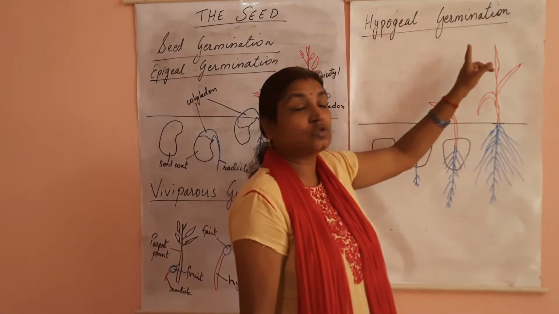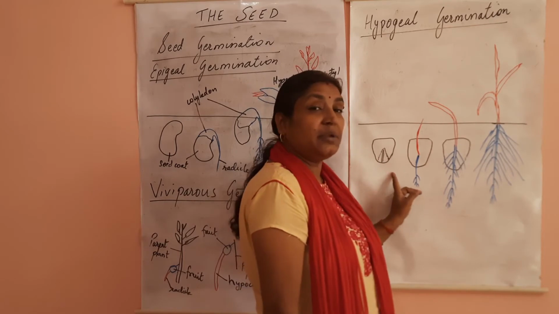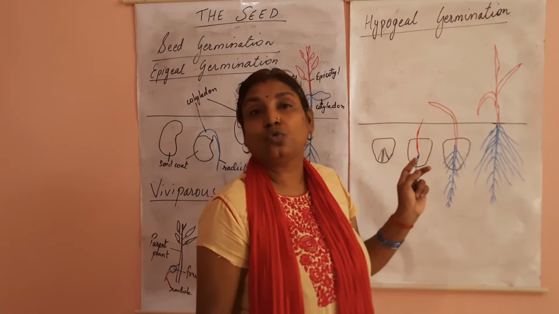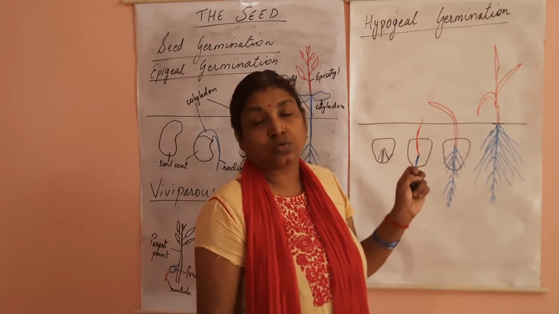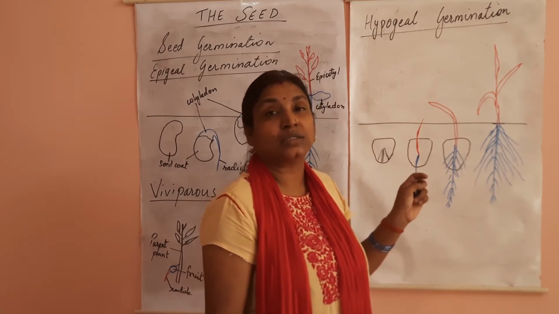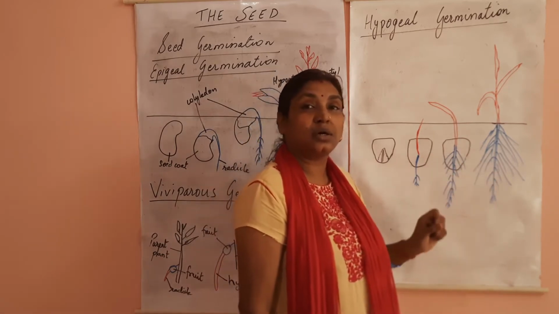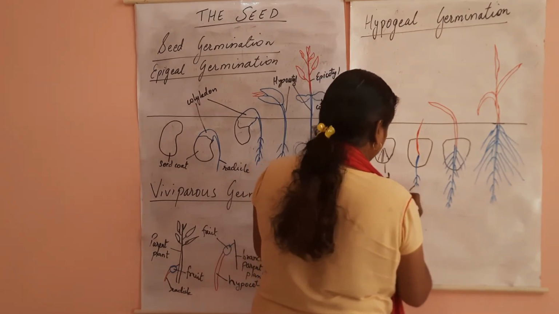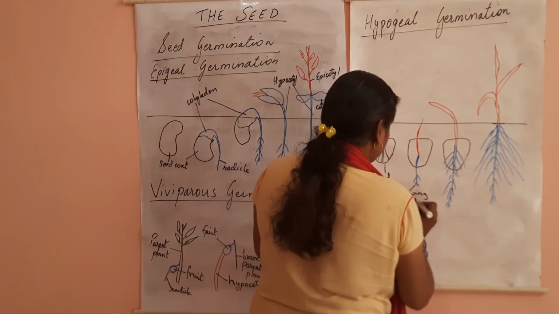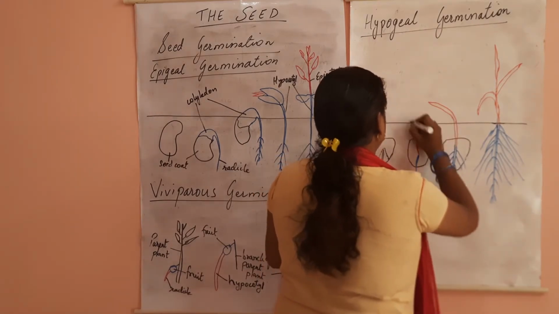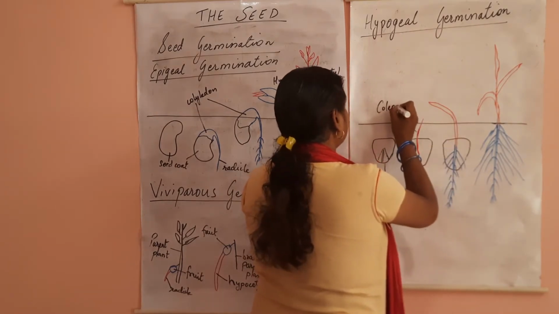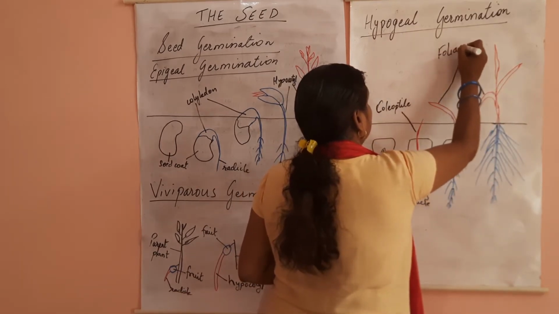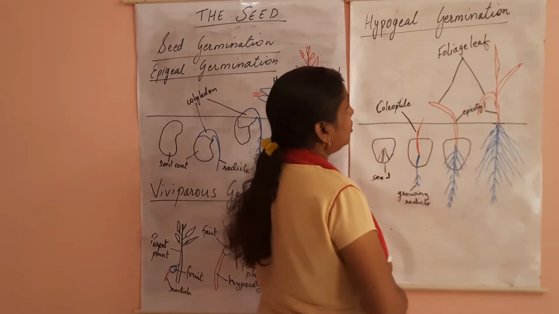Now coming to hypogeal germination. In hypogeal germination, what happens? The seed remains inside the soil. The reason being, the hypocotyle do not grow to great length. It is only the epicotyle that elongates, and as a result, the seed remains under the soil. So this is your seed, growing radicle. This is your coleoptile. This is your foliage leaf. They both are your epicotyle.